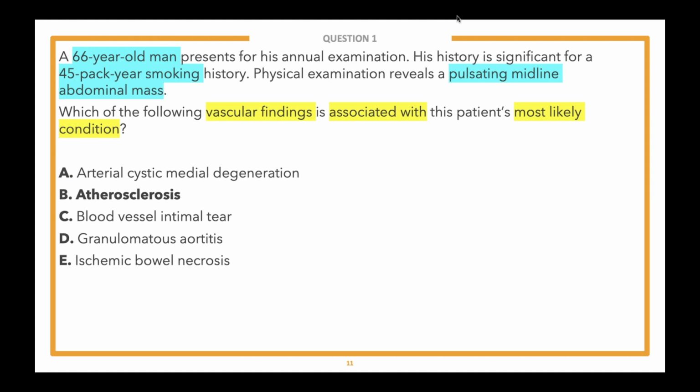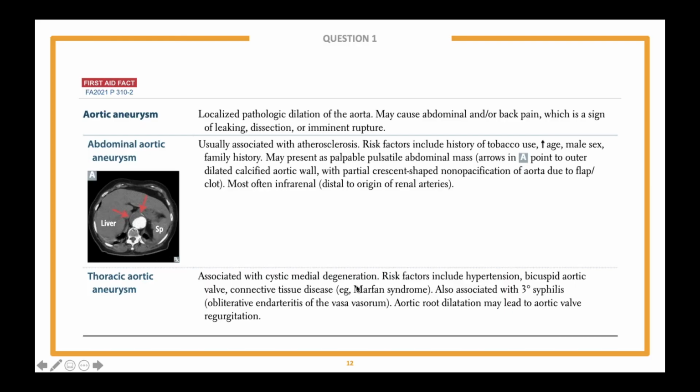A lot of them are asymptomatic and are detected inadvertently during a radiologic study, which is maybe what happened here. There are certain risk factors: smoking, older age, male sex, family history. And on the next slide, Sean has pulled up a table on aortic aneurysms, specifically looking at the row of abdominal aortic aneurysm.